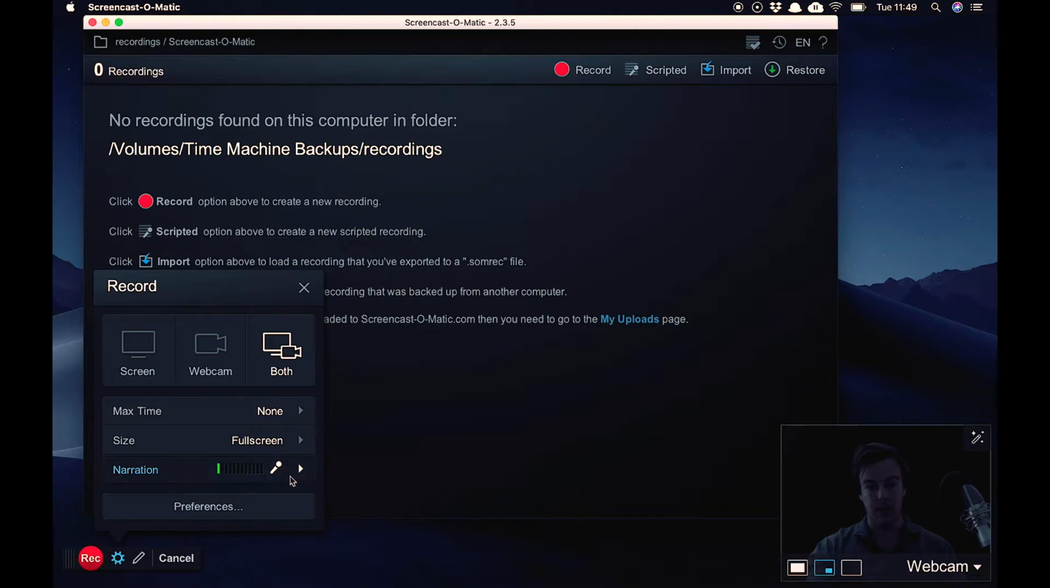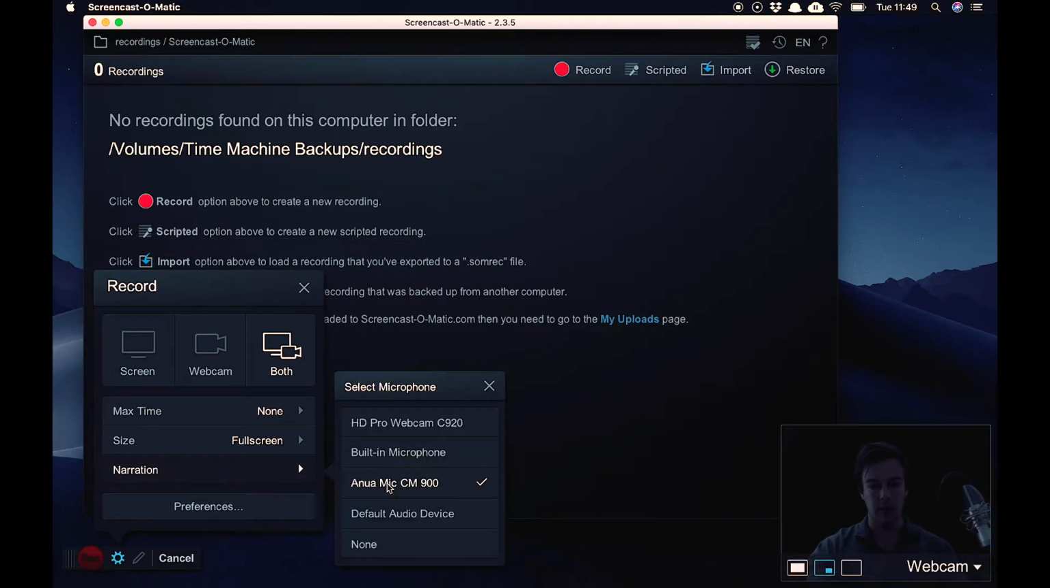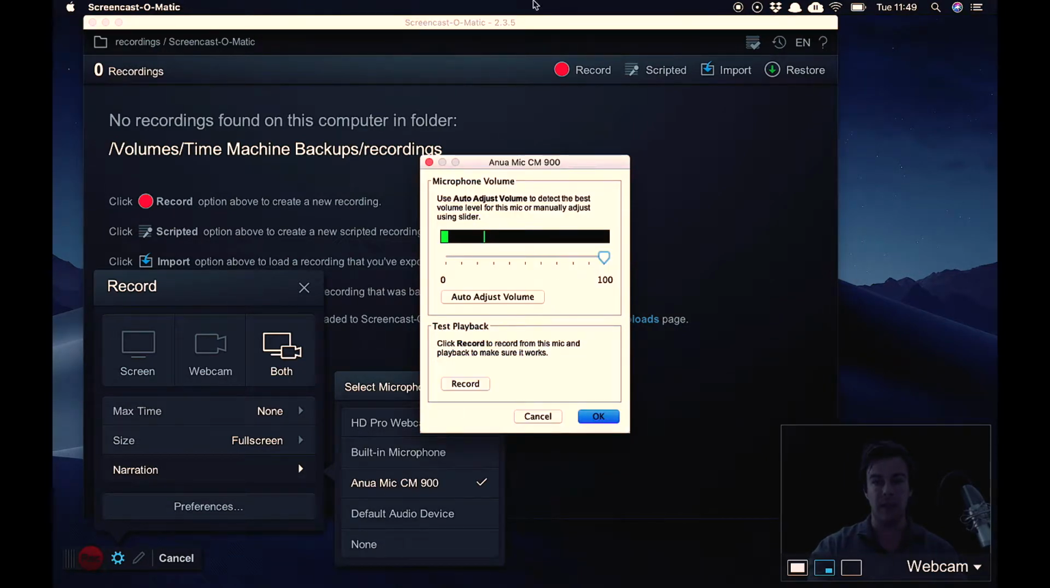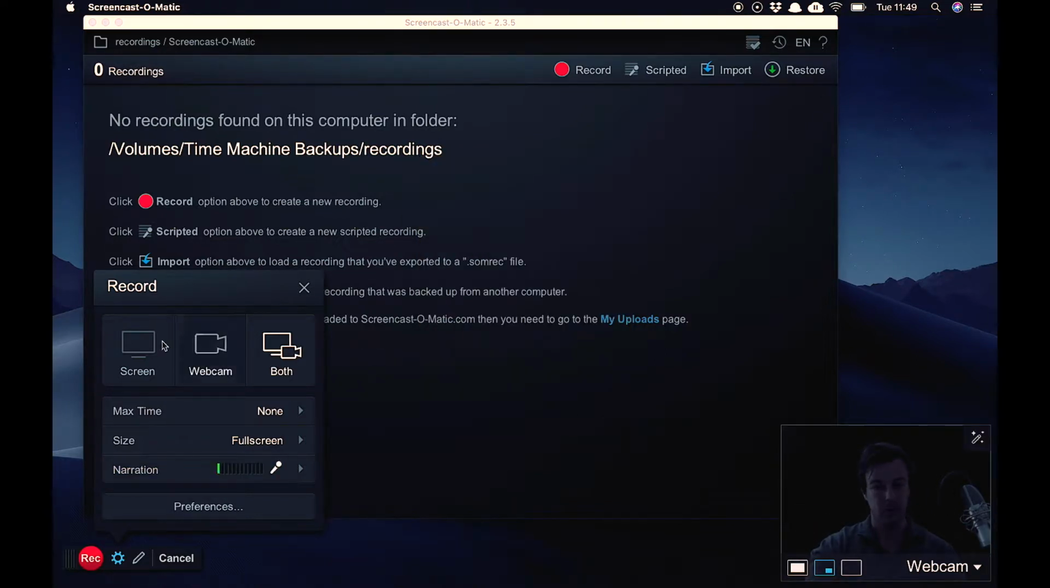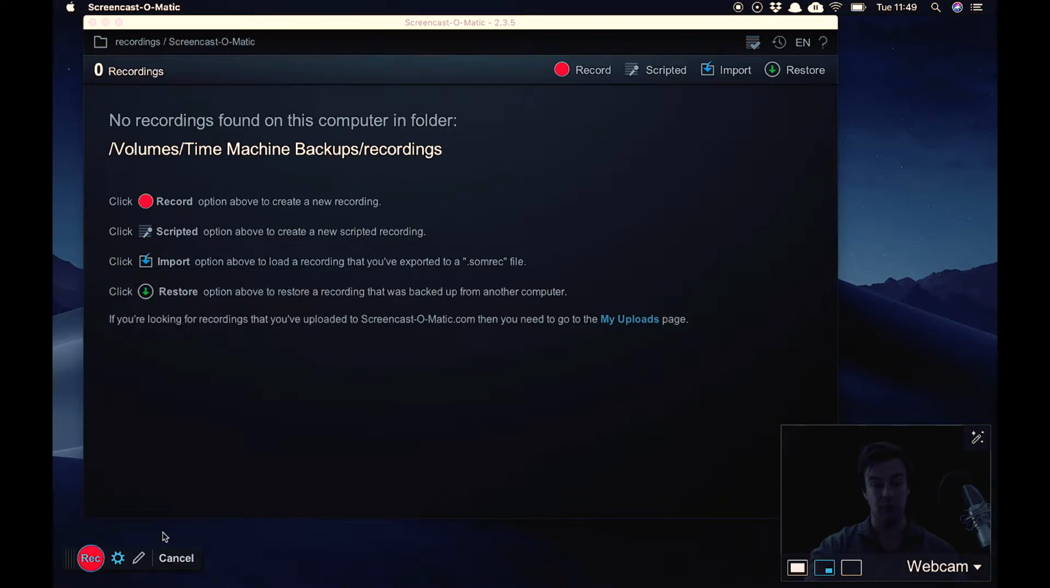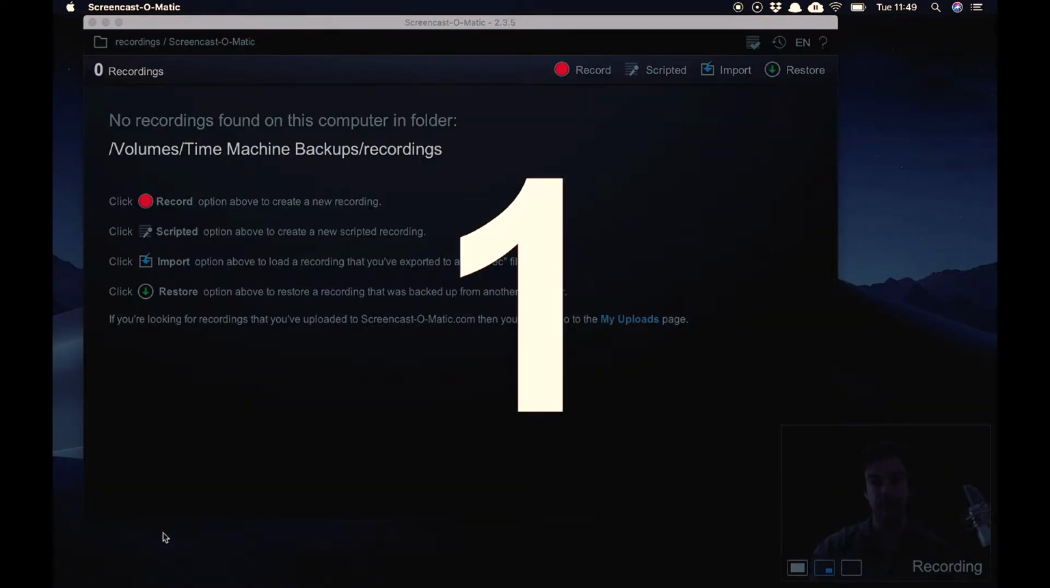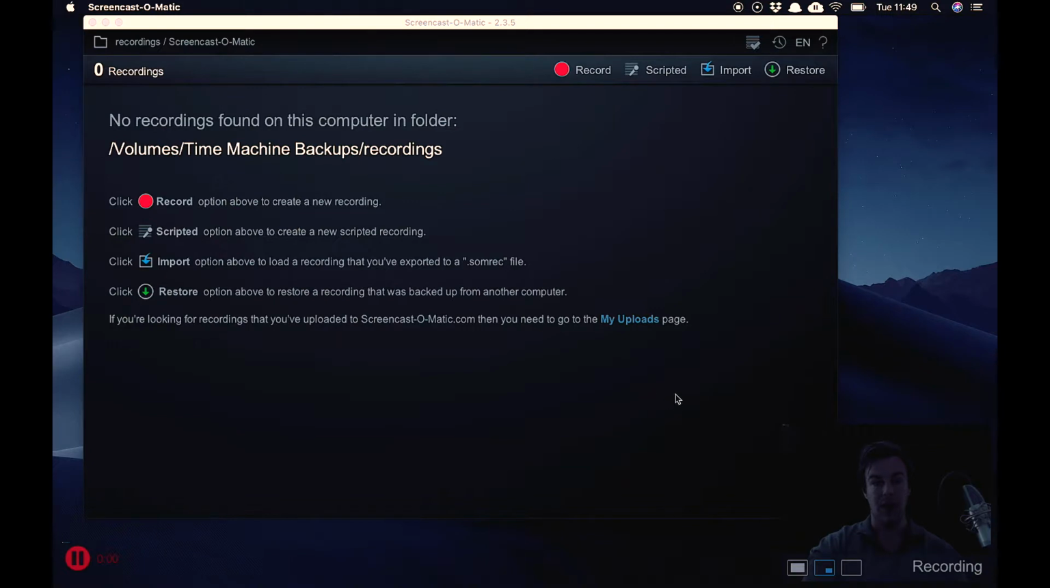So I'm going to pick my microphone. There we go. It does this volume test. So we can do an auto adjust volume, and I'm just going to talk and it's going to play around with the audio levels. There we go, and set it at the level that's optimal for recording. So that's fine. Okay. That's all we really need to do. And then from there we hit record. It's going to give me a 3, 2, 1. And now